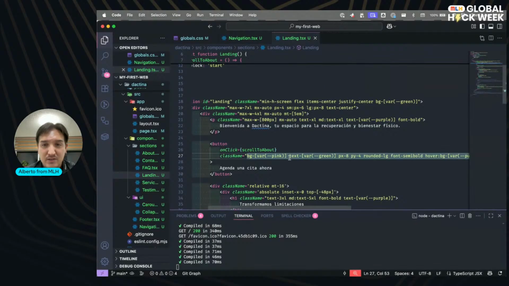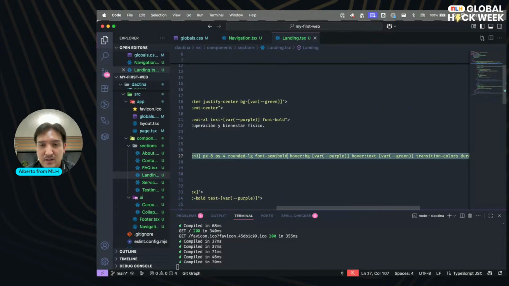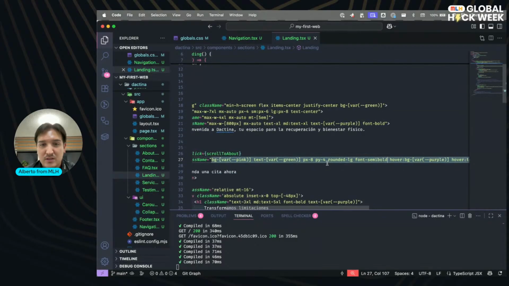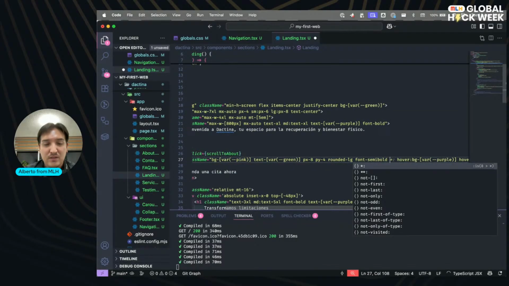The button doesn't have anything about text transitions, shadow, margin.